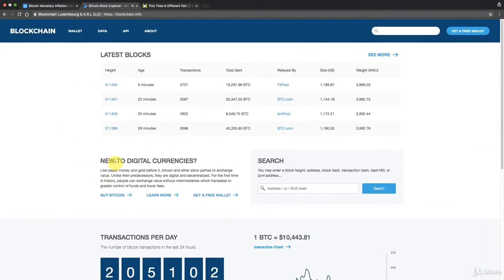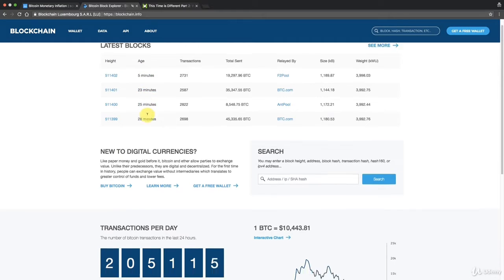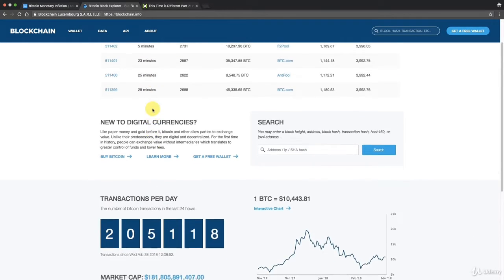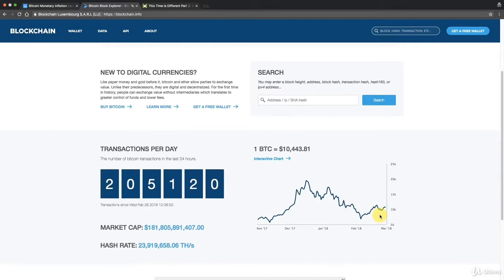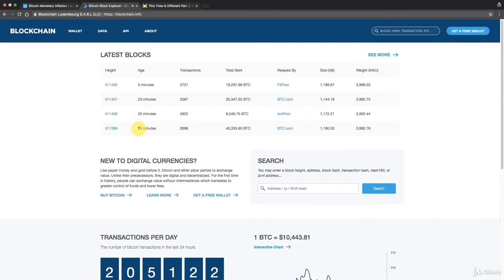And this is where you can find all of the information on blockchain. You can see the latest blocks, that the latest block was mined 5 minutes ago, the one before that 22 minutes ago, 25, and so on, 28. You have some stats, very, very useful site, lots of wonderful information here. So I highly recommend checking it out and just browsing through it in your own time. And plus, we'll definitely learn a lot of things from here during at least this module of the course.